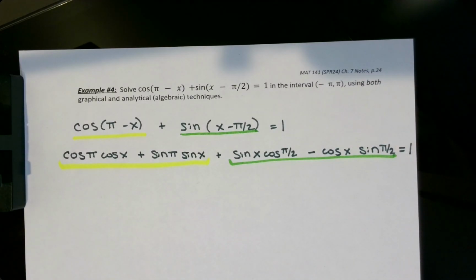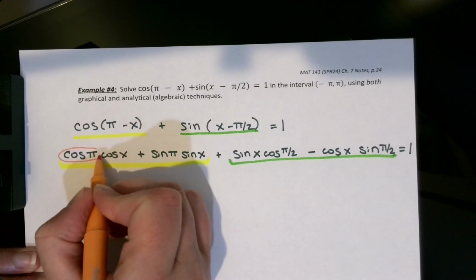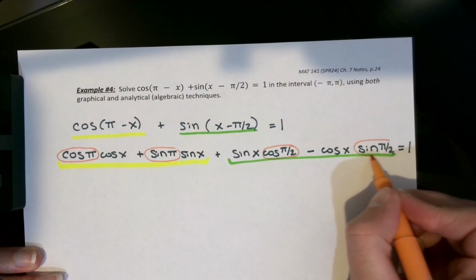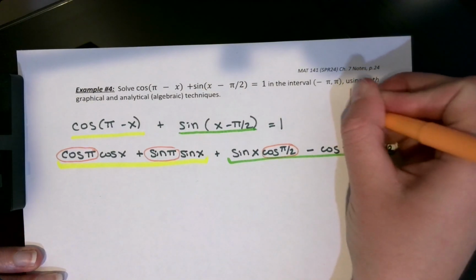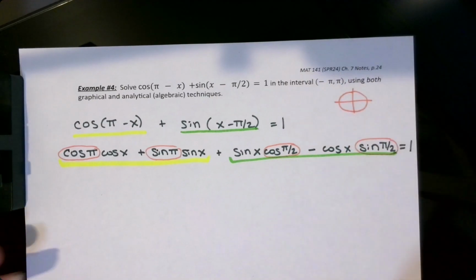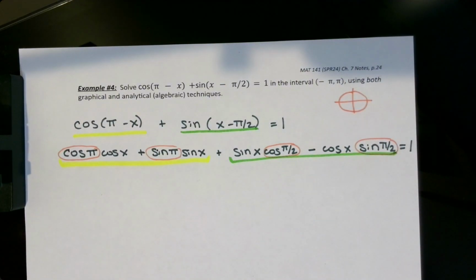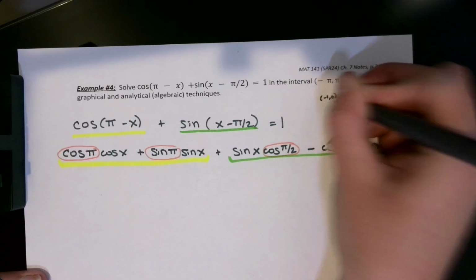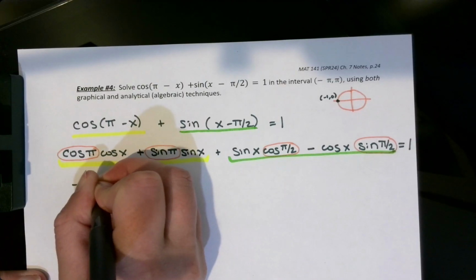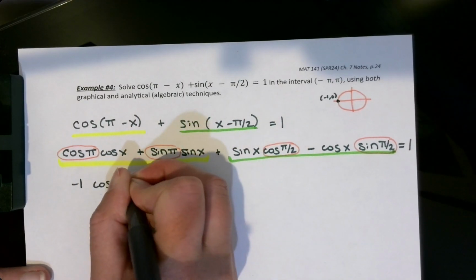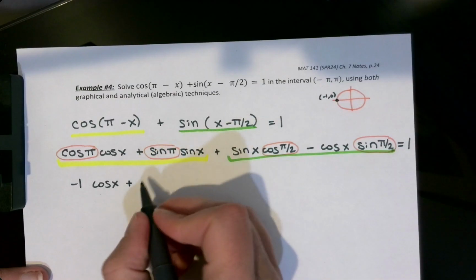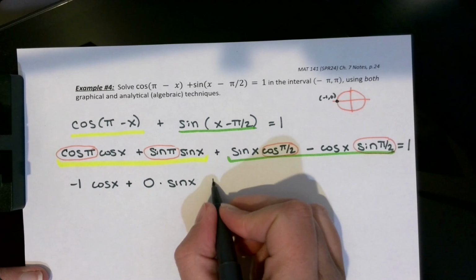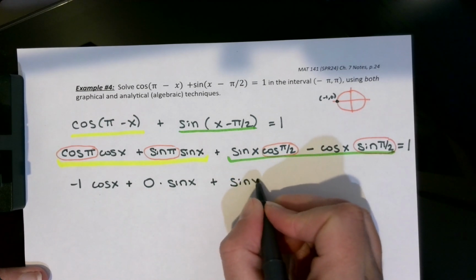We are able to evaluate the cosine of pi, the sine of pi, the cosine of pi halves, and the sine of pi halves. So we're going to evaluate each of those numerically. We know that the cosine of pi, that's over here, and this is the ordered pair -1, 0. That's going to be a -1 times the cosine of x plus the sine of pi, which is 0. So 0 times the sine of x is just going to turn into 0,